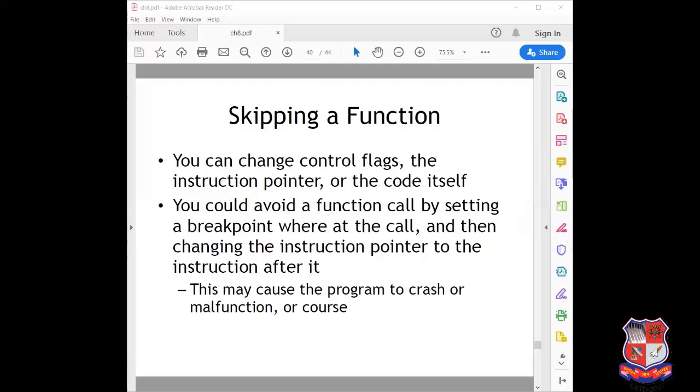When the breakpoint is hit, you could set the instruction pointer to the instruction after the call, thus preventing the call from taking place. If the function is particularly important, the program might not run properly when it is skipped, or it might crash. But if it does not impact other areas, the program might continue running without any problem.